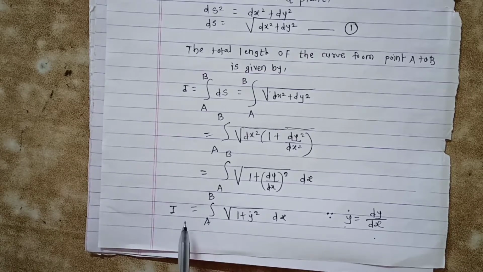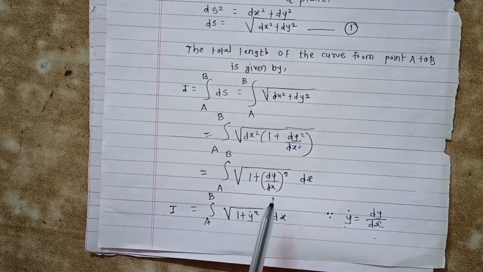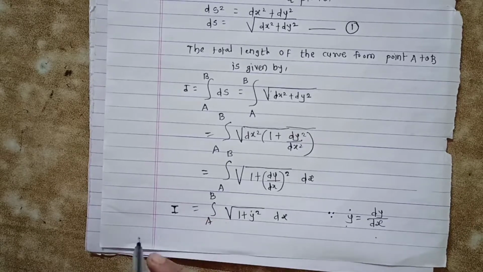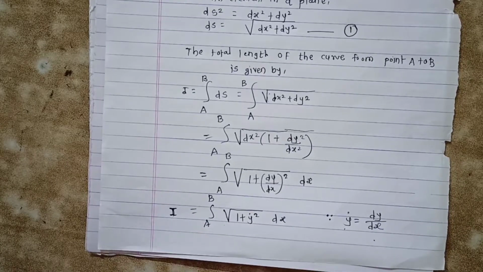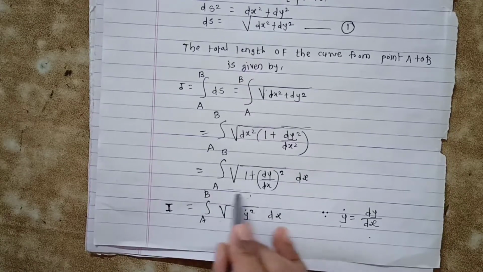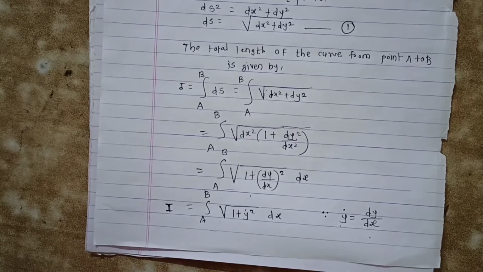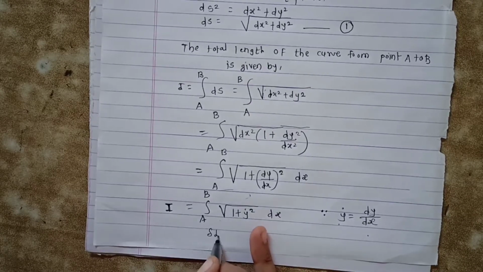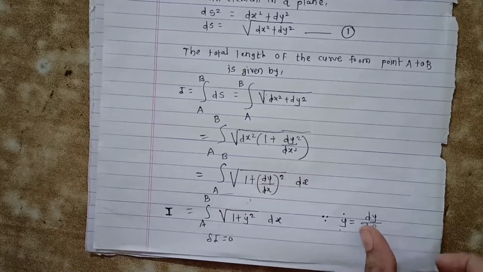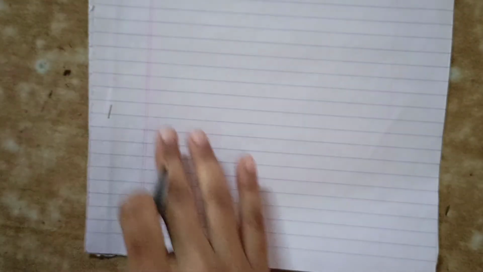So we have to show that the shortest distance between the two points in a plane is nothing but the straight line, that is, this length is represented in the form of a straight line equation. So we have to solve this integral in the form of a straight line equation. First we evaluate this integral and then we get the equation of the straight line. According to the variational principle, we know that the variation delta I is equal to 0. This happens when the function satisfies the Euler-Lagrange equation.